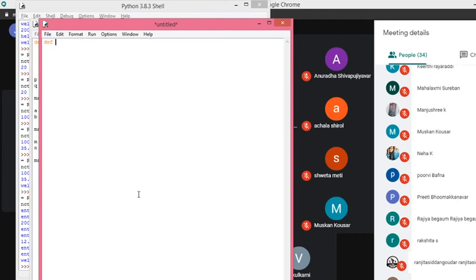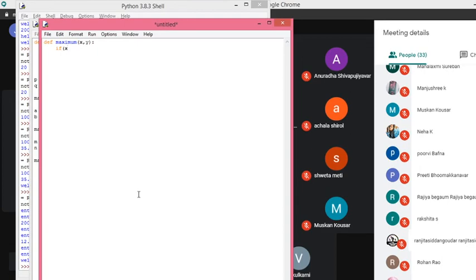I'll write the same function again, but with the return keyword. For example, def maximum(x, y): if x is greater than y, instead of printing, I'll return x, else I'll return y.